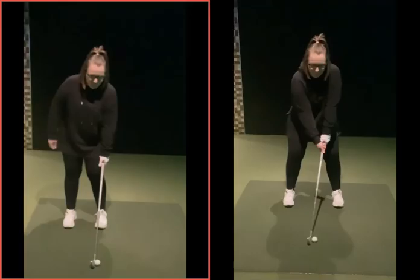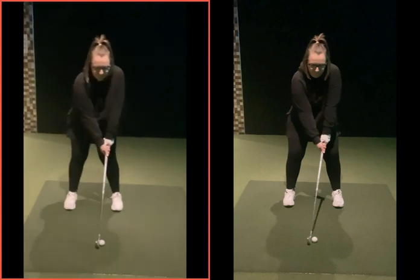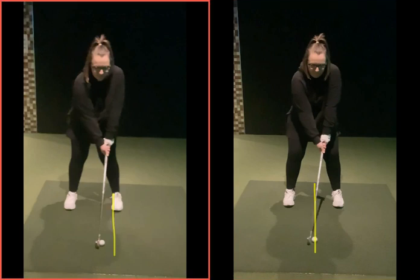This and we'll look at short game. So in terms of setup, I like the sequencing you're going through, okay, with the left side here now, but you can see that ball position a little bit further forward compared to when they're on the right hand side. It's just moved back a bit, more left of centre, okay? It doesn't want to be in the centre, but equally doesn't want to be towards your left heel too much,